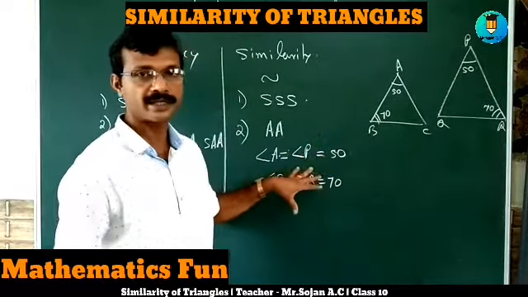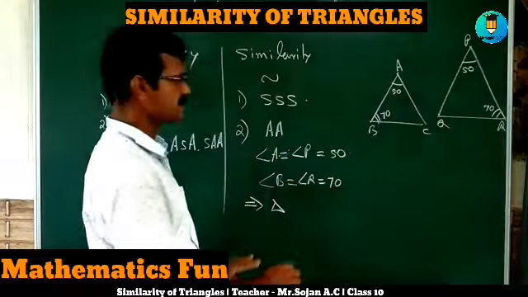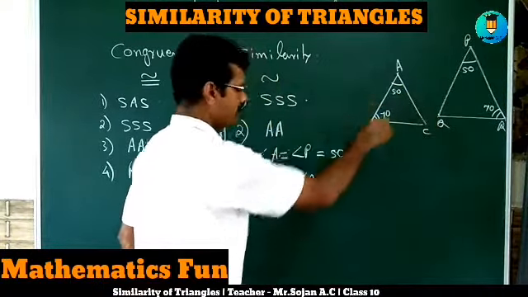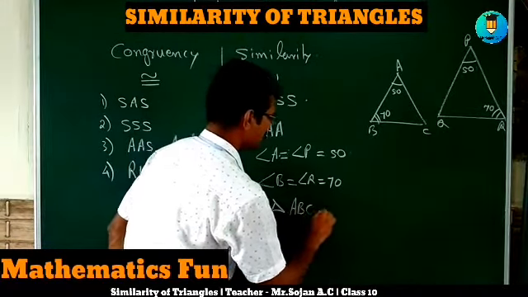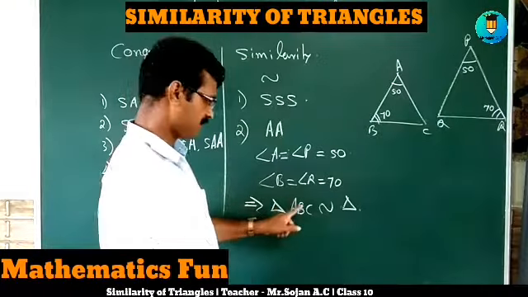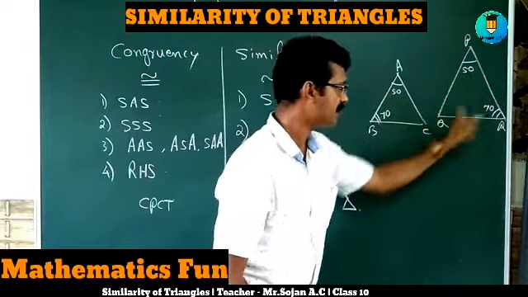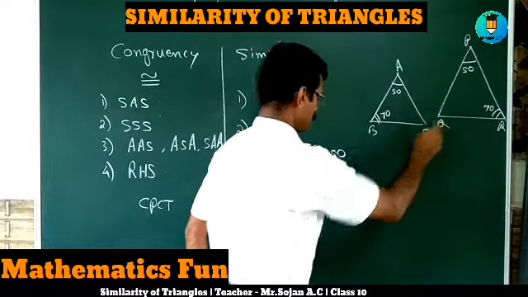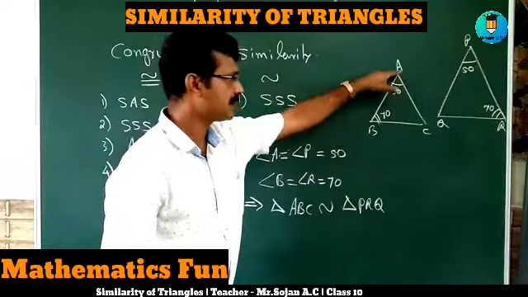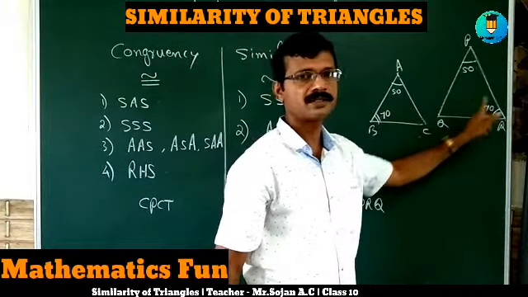So don't even think about the third angle. If two angles are equal, then we can say the triangles are similar, and you write the first triangle in any order. I am writing the order 50, 70. So triangle ABC is similar to, this is the symbol of similar, triangle. I went for 50, 70. See, A is 50, B is 70, C is the unknown angle. The same way here also, 50, 70, unknown. So I started with PRQ: triangle PRQ. The order is very important. Whatever order you write here, I wrote ABC, that is 50, 70, and this angle. The same way here also, 50, 70, the remaining angle.